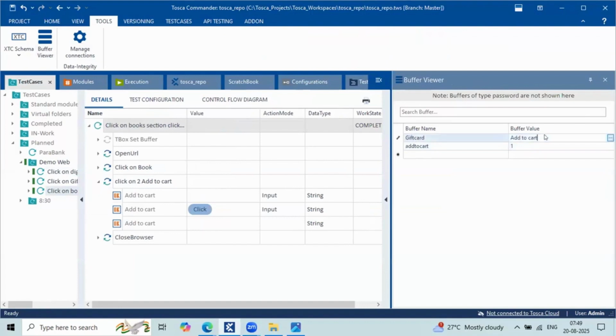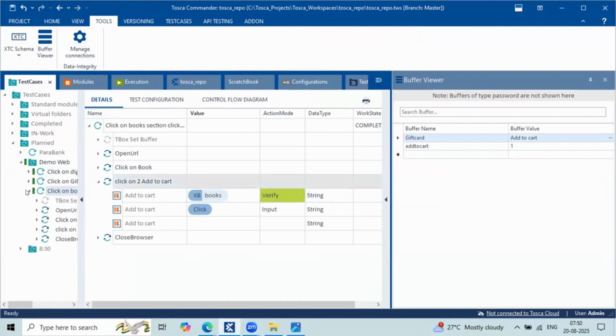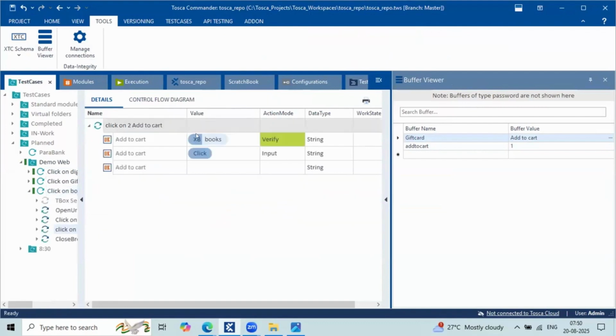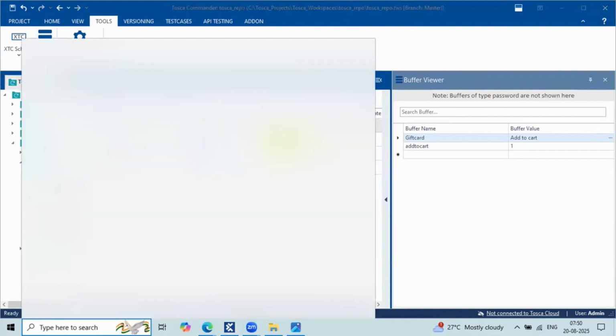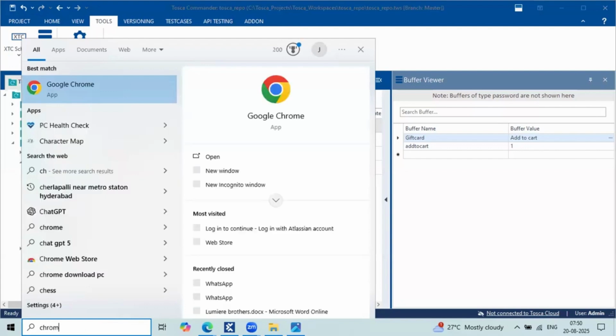So which value is captured? Add to cart. If you want, let me show you again. Okay. So XB of books. What is the action mode here? Verify. Okay. I just want to run only this particular test step. So let me open the same in a browser level. I think it is a Chrome browser.